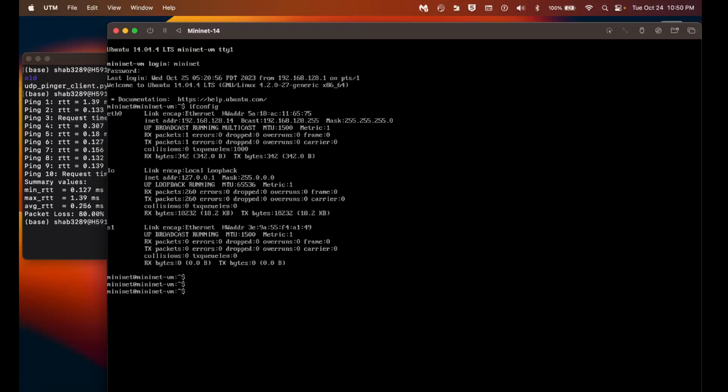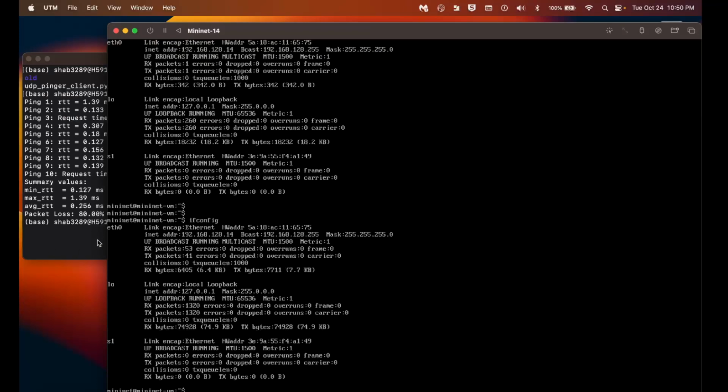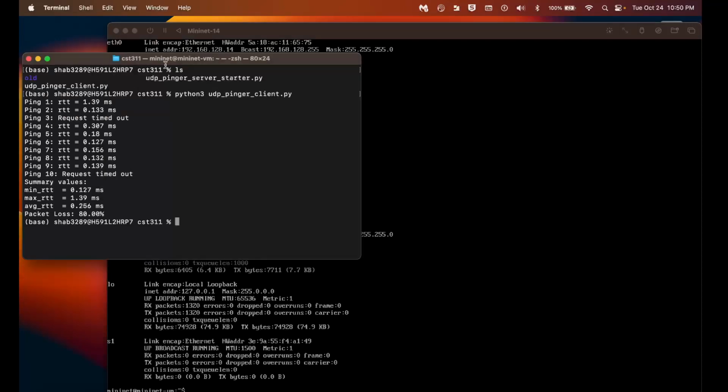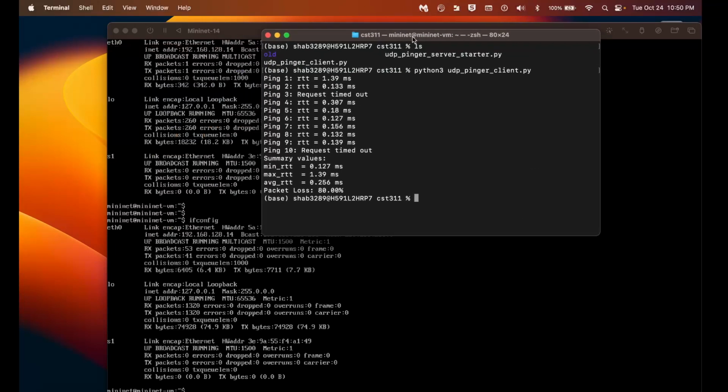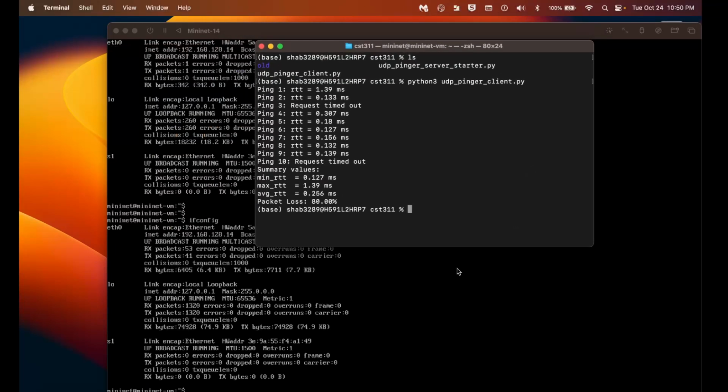I already ran the command, but again, it's ifconfig. It'll be this second one down here, the inet address, 192.168.12.14 for me. For you, it'll be probably a little bit different, but you're just going to take that, go